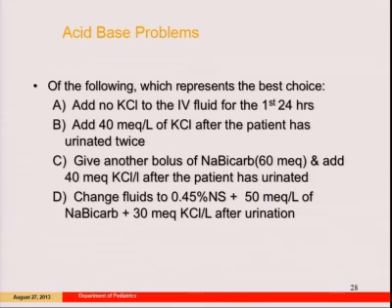Yeah, you can eliminate this one right off the bat. That's crazy, because you know that as glucose goes down, acid base is going to get better, potassium's going to go into the cells. This is true, you want to give more potassium. You don't want to give a bolus. If you want to correct the acidosis and you feel compelled to do so, you do it slowly. So you could do this, that's okay. But you also need more bicarb or more potassium.